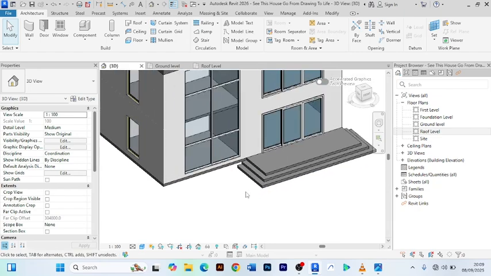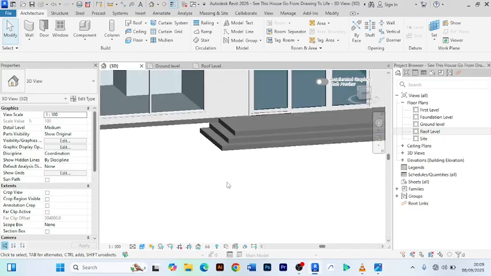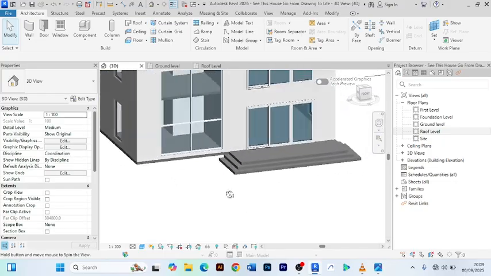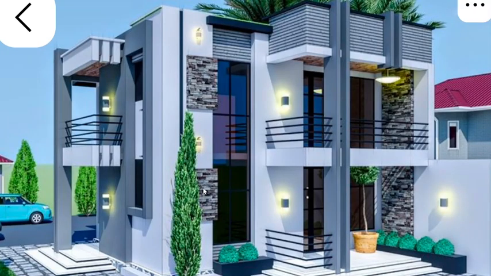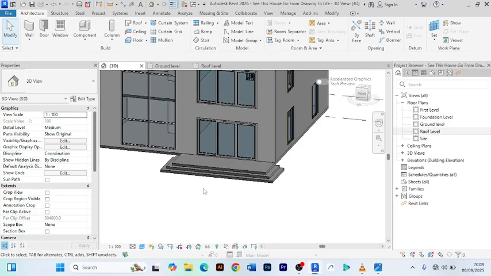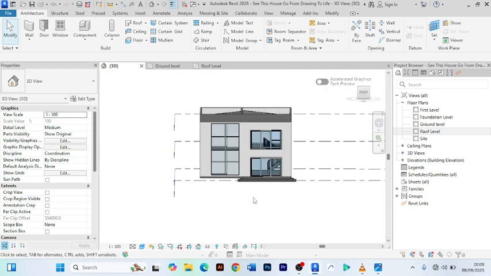So we have now done the steps. I think you will need to now practice what we have done today, so that we meet again for facading. When we come back, we shall now start doing our facading full string, because we have done basically almost all the hard work. The rest is now really designing, like creating, showing your creativity. So this is what we have done so far, and I believe you have learned a lot in these